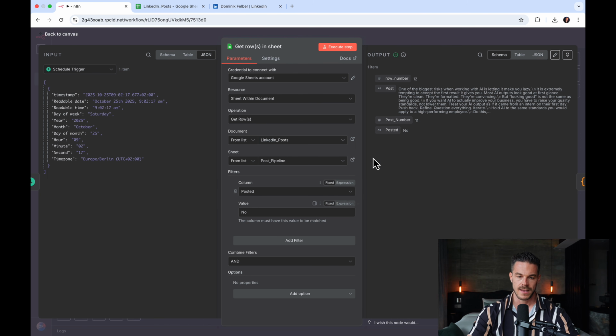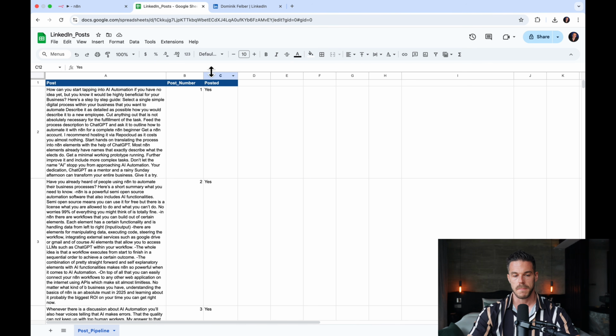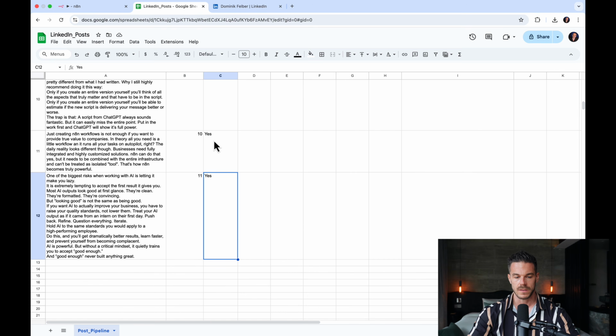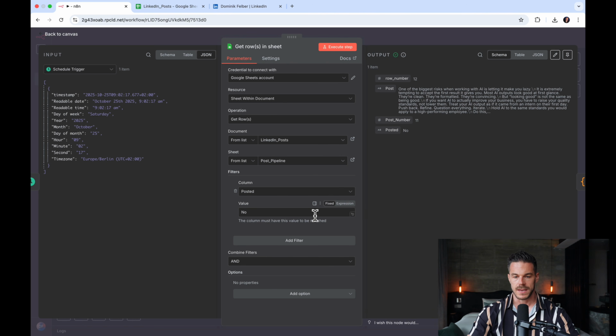It means that whenever this element executes, it goes to the Google Sheet, it looks at the column posted, and it will only put out any row that has in the column posted the value no. So right now you see it is all yes because they are all already posted, so it wouldn't put out anything. This is all that is happening here. You see, just a second ago when we tested it out, it pulled out just one item, exactly the latest